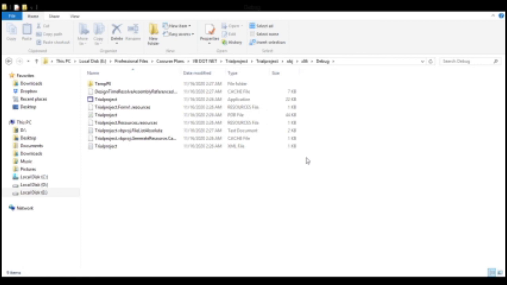So we have different file extension names for these files. So it is very important to know what type of file extensions are used in VB.NET.